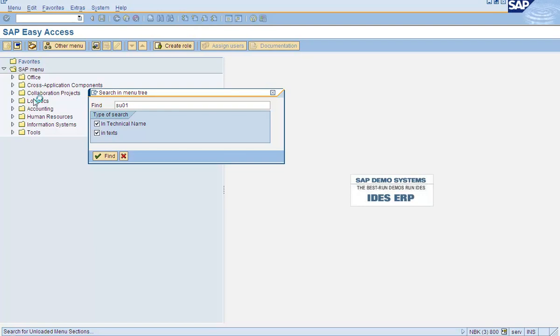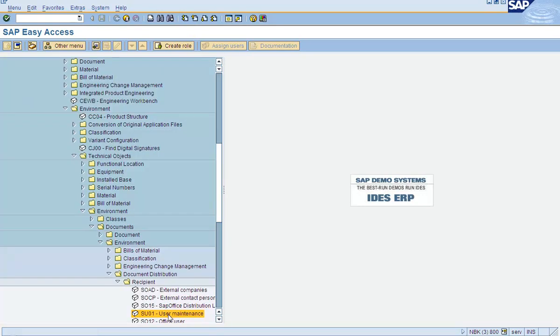Is it something like a search? Right. Find is a search. Now what is find? So it searches and it finds the transaction codes and displays that node to you.